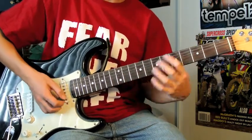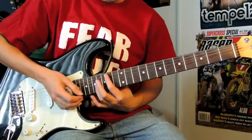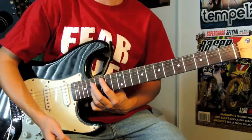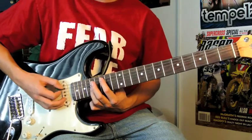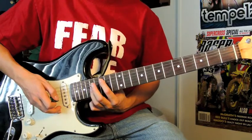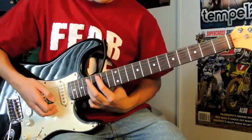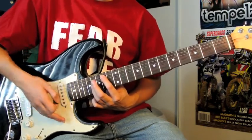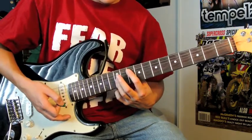After you finish that, this is where it becomes different again. It's basically the same as the other one. You're going to start out with the 15 and the 17, the 15 on the E, and then the 17 on the D, and then you're going to hit that 3 times and slide down to a 14 and a 16. Hit that 2 more times, slide down to a 10 and a 12. Hit it once more, sliding back up